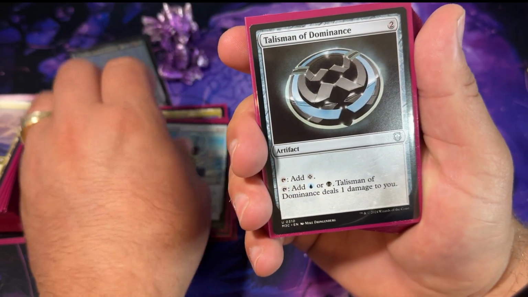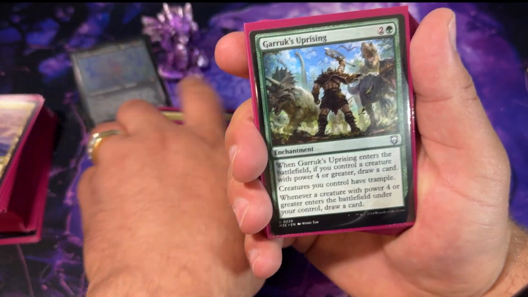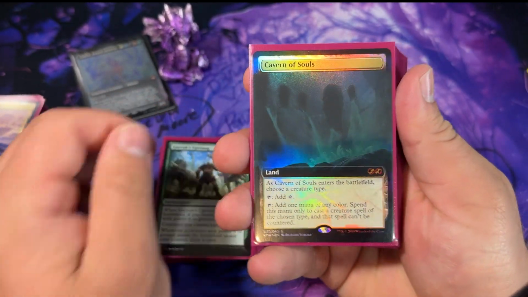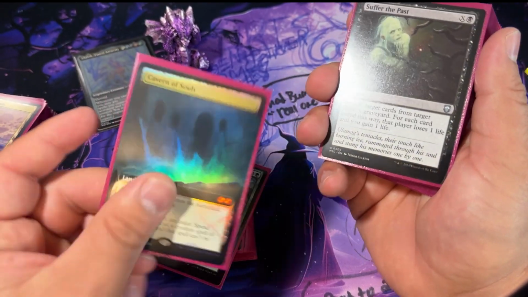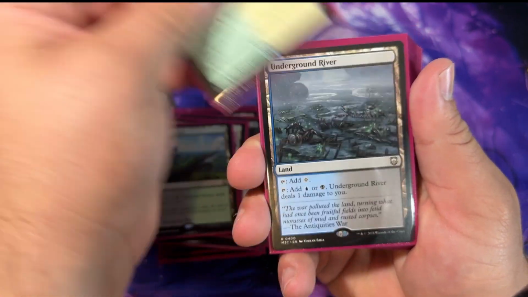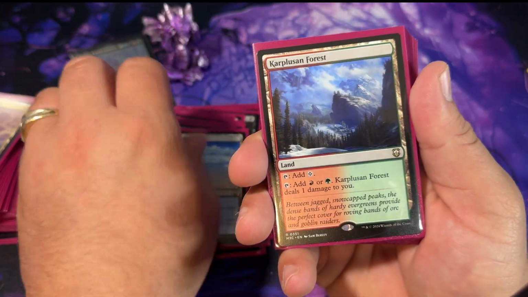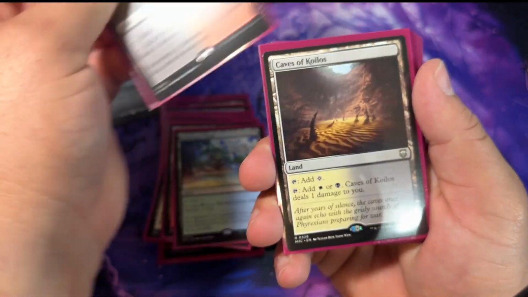All the upgraded cards that I put in were at the beginning of the video, so we're just going to go through this since we've all pretty much seen everything else. Oh, wait, sorry. Cavern of Souls, Borderless Ultimate Masters box topper. I wonder what creature type we're going to choose with that. Battlefield Forge, Llanowar Wastes, Brushland, Underground River, Adarkar Wastes, Karplusan Forest, Yavimaya Coast, Sulfurous Springs, Caves of Koilos,